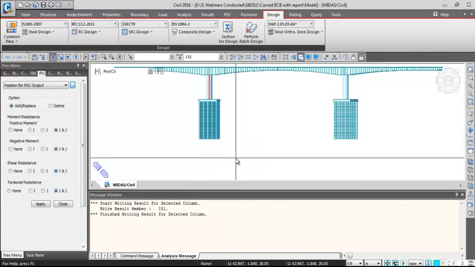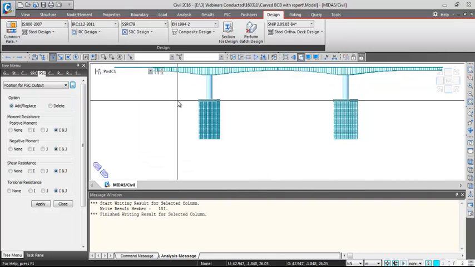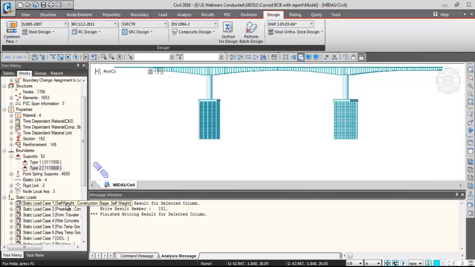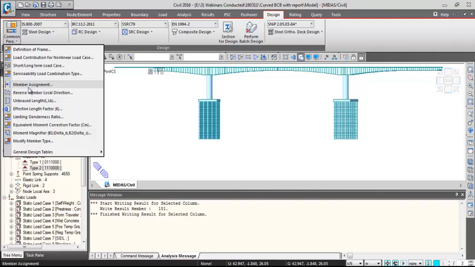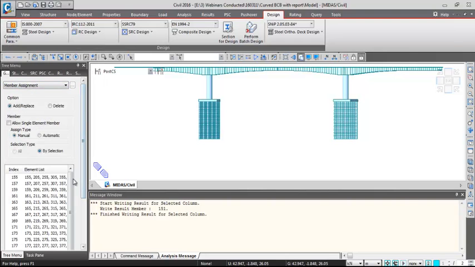Now coming to pile design. Piles are actually divided into 1 meter segment lengths over here, but the overall length of the pile is 30 meters. What we want to do is design for that overall length, so we have to go for member assignment. So what is member assignment? Member assignment means